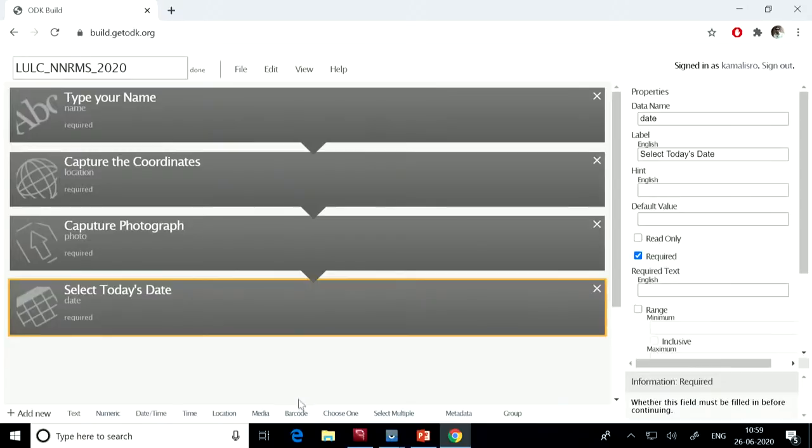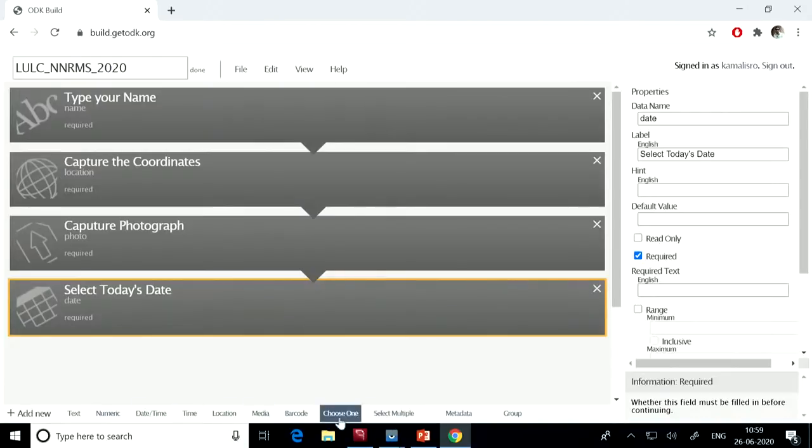Now this is one important thing over here. You can make a list of LULC classes which are prominent in your district. You know what the major classes are: you can have forest land, agricultural land, orchards, barren land, city urban land. So these are fixed names. You don't want the user to type them, because you won't be able to do any analysis if each person is typing his own spelling or his own class. You want the user to select from predefined features only. So that feature is also there.